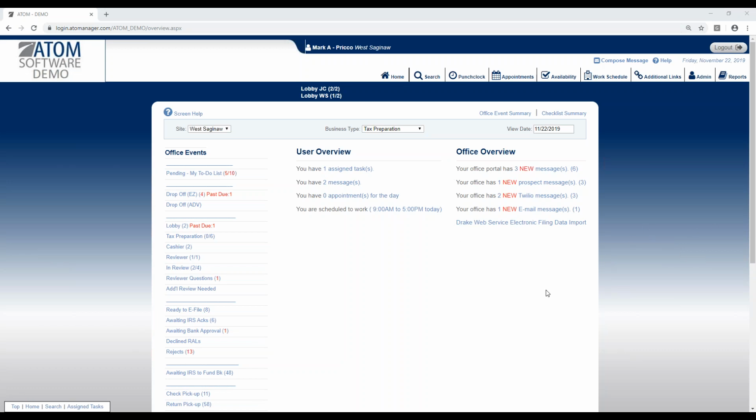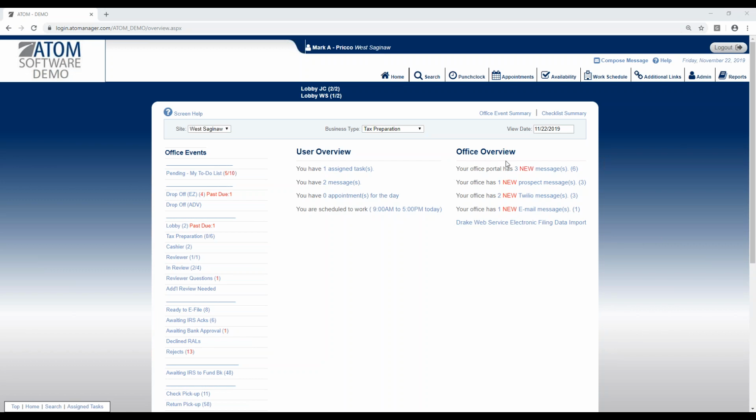So to begin, hopefully everyone can see my screen. If you can't, just go ahead and message. I'm on the home page here. I'm just going to give a demonstration. I know everybody's office operates a little differently, but I'll try to cover as much as I can that would probably hit your office. Some of the features I might display, you may not need in your office, but there are others that might be applicable. So we'll begin with the typical way the client would call in and schedule an